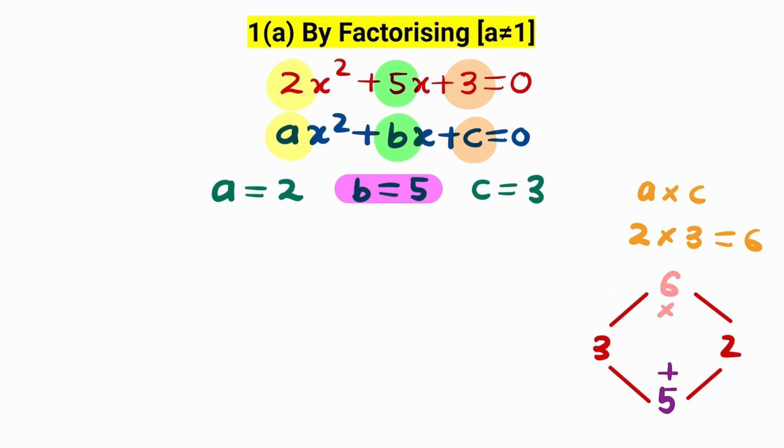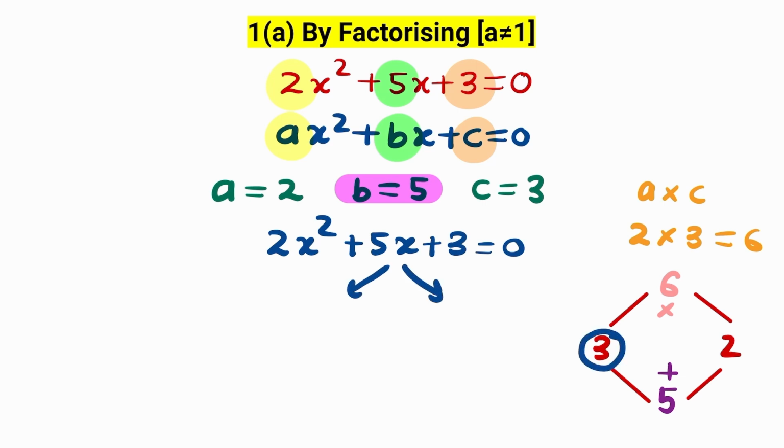And then after that, we rewrite the equation again: 2x squared plus 5x plus 3 equal to 0. And then divide this b term into the two factors that we found, 3 and 2. But we have to write it in terms of x because we are separating 5x, not just 5. So we can separate 5x into the two factors we found, 3x plus 2x. And then we can rewrite the rest of the equation: 2x squared plus 3x plus 2x plus 3